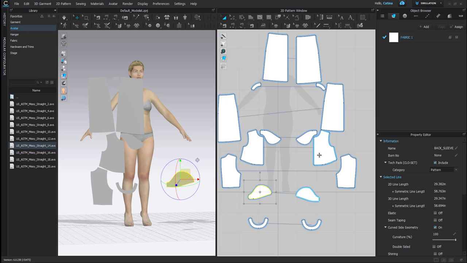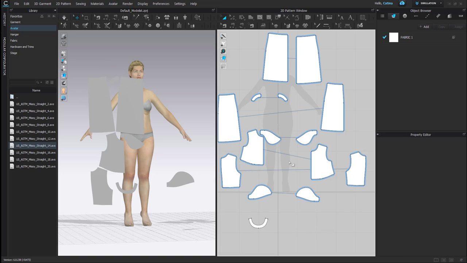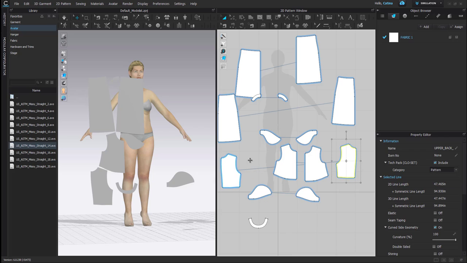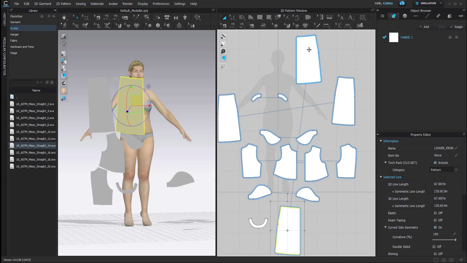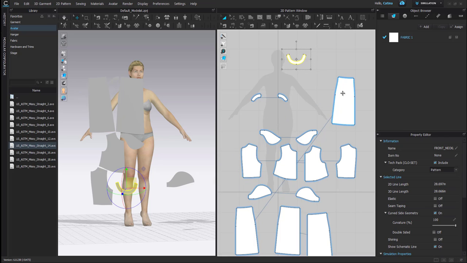Now these are little facing pieces. I probably don't need those at the moment to test my pattern. Of course, there's two back pieces. I only need one front piece, so I deleted that guy there. So the next thing I'm going to do is arrange these in a way that makes visual sense to me. My bodice pieces, my skirt pieces, I'm assuming these are the front, and I'm assuming with the little scoop in the back that this is the side back. So you see I'm just